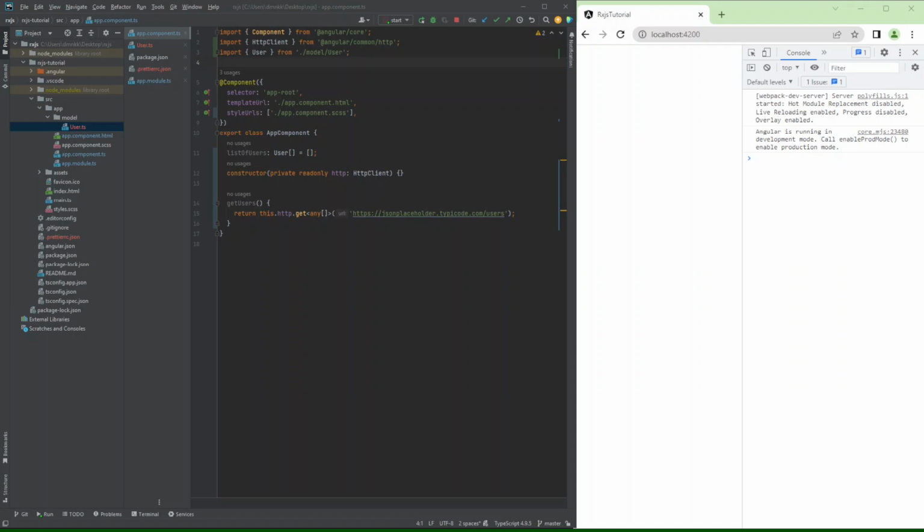Another use case is handling user inputs in forms, managing state, and more. In this tutorial, I will try to explain some of the most commonly used operators like tap, map, mergeMap, switchMap, forkJoin and more. By the end of this tutorial, you should have a solid understanding of how to use RxJS